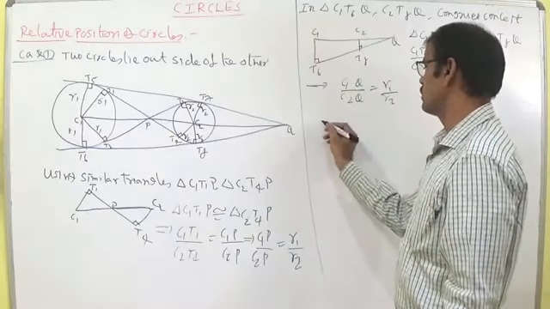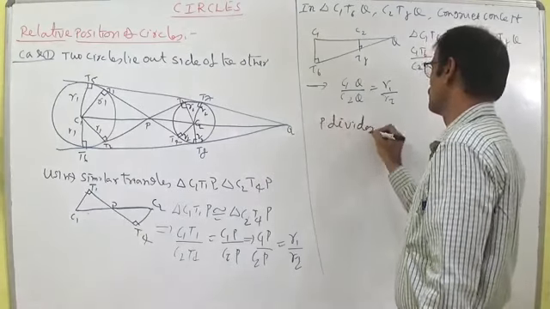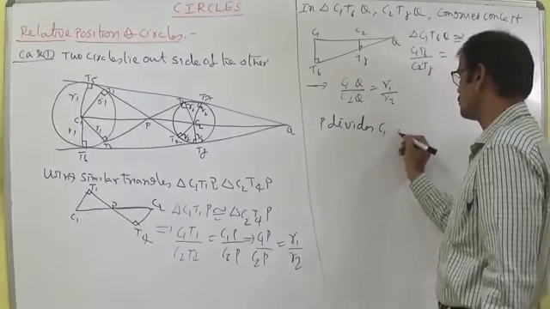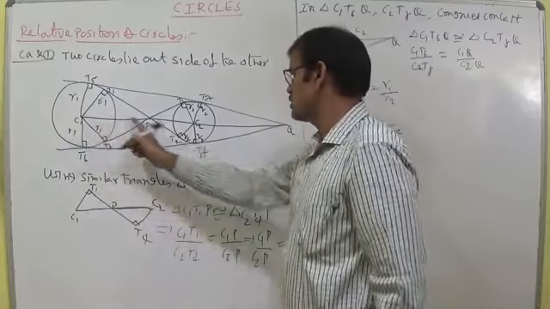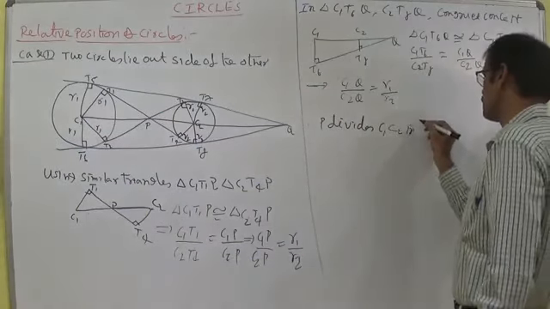Therefore I am writing: P divides C1 C2, you can write, meaning not the tangents, C1 C2, the line joining the centers. P divides C1 C2 in the ratio